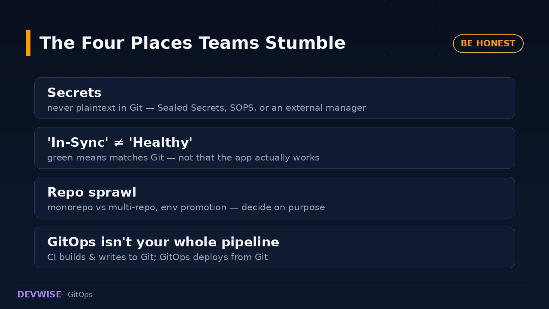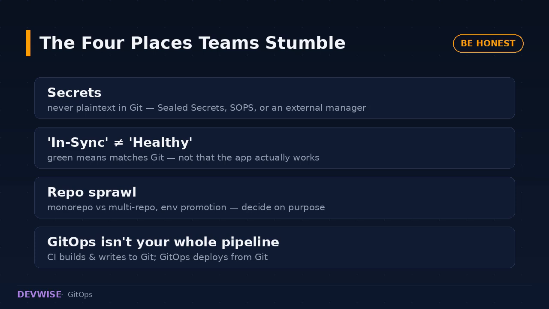You declare everything in Git, but you absolutely cannot commit a plaintext database password to a repository. So how do secrets live in a world where Git is the source of truth? The answer is encryption or references. Tools like Sealed Secrets and SOPS let you commit an encrypted secret that only the cluster can decrypt. Or you reference an external secrets manager and let an operator inject the real value at runtime. Either way, Git holds a safe, encrypted, or indirect reference, never the raw secret. This is the first wall every GitOps team hits, and it has well-trodden solutions, but you must plan for it,